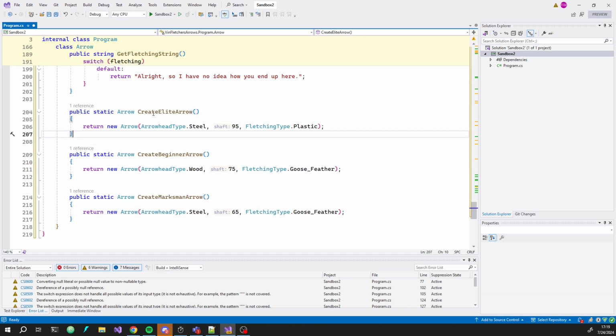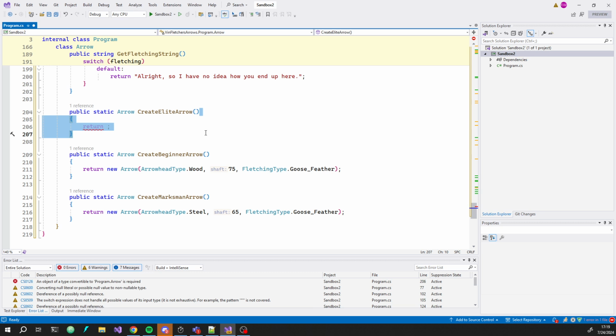So with that done, like these right here, I wonder, the person was asking about the expression body, the fat arrow syntax. These feel like a really good candidate for that. The way you would do that here, you remove the curly braces, you remove the return, and all you're left with is the expression that produces the value that this returns. So all you would really do here is you just say arrow,